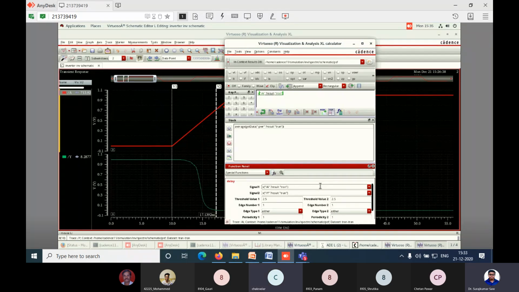Please wait. I have to check it once. I have to see the copy and paste. For signal 2, if you have written capital Y in the net, keep it capital only. If there is a small, then small only. Okay. You check it. Is it capital A or capital Y, whatever. Just check it. Please wait up to here. I'm checking it.